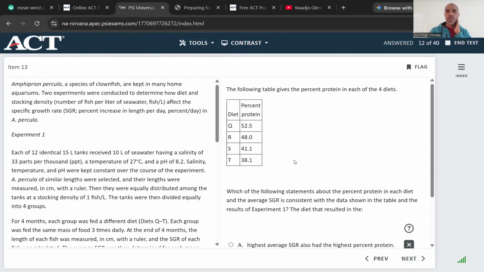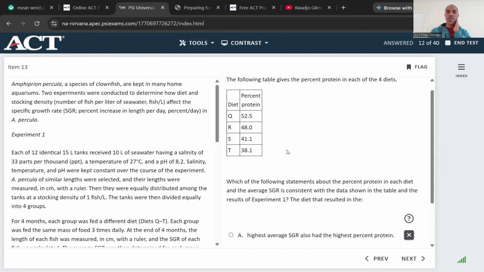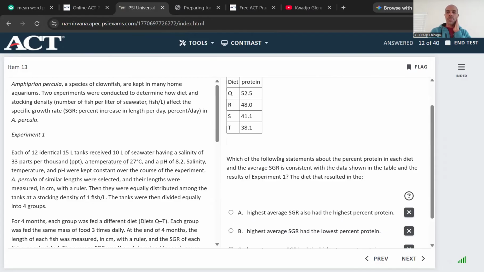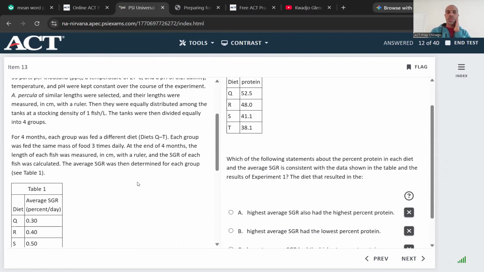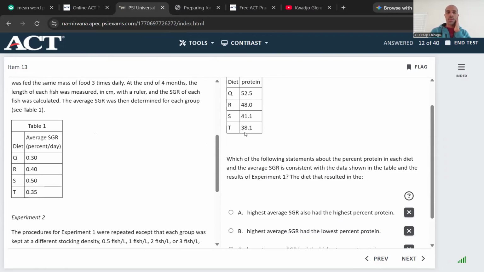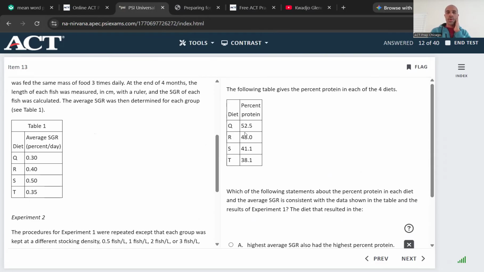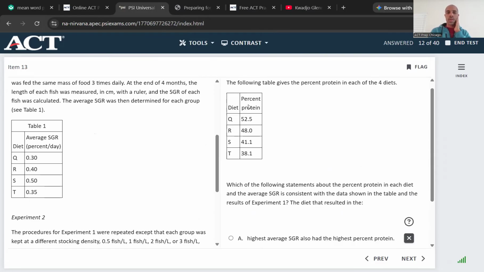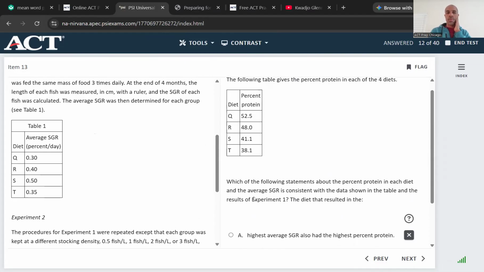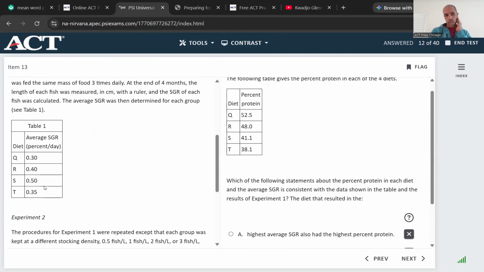The following table gives the percent protein in each of the four diets. Percent protein in each diet. Which of the following statements about the percent protein in each diet and the average SGR is consistent with the data shown in the table and the results of experiment one? So here's a table. Oh, this table, I guess. Percent protein in each diet and the average SGR. Oh, okay. So